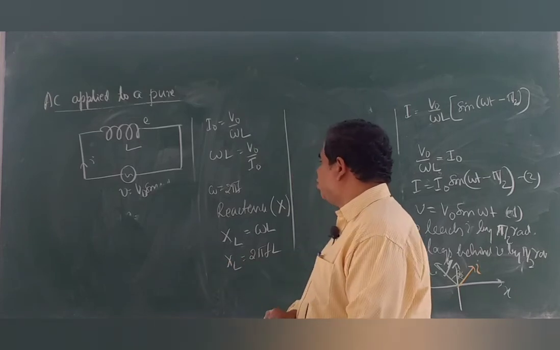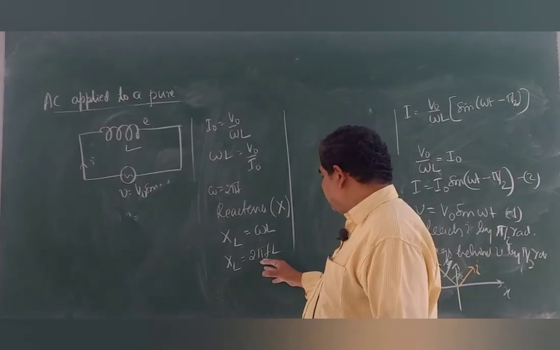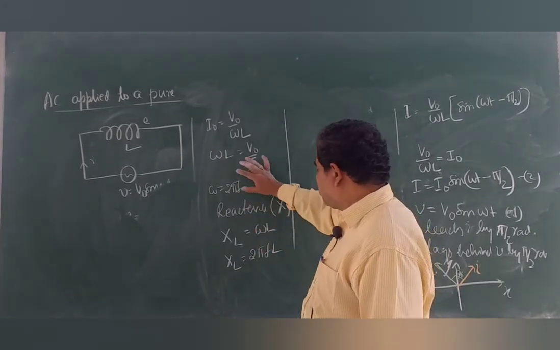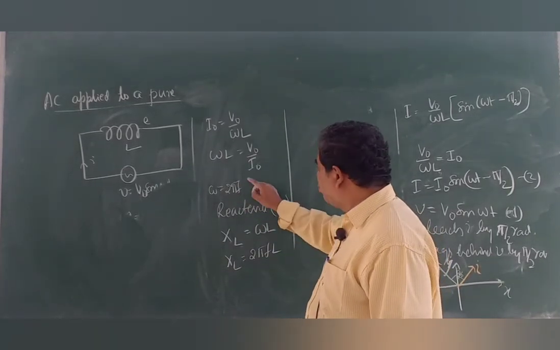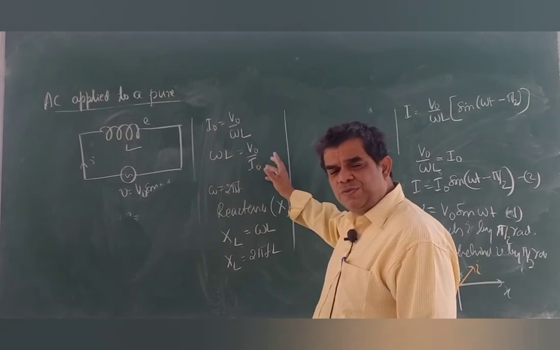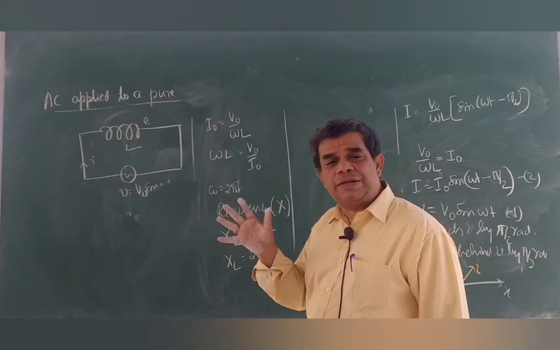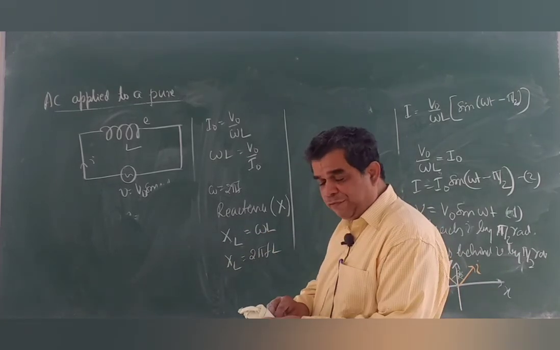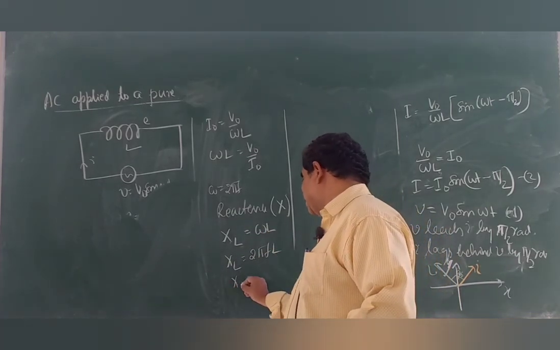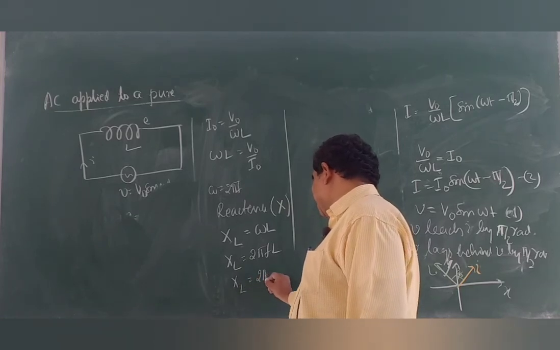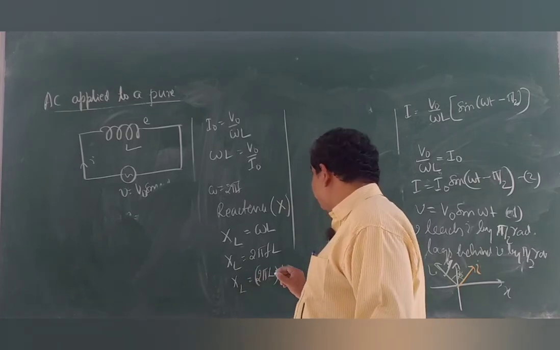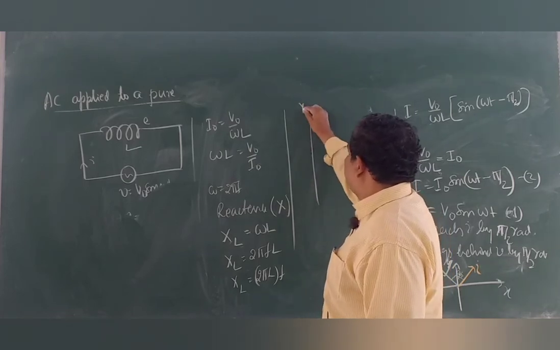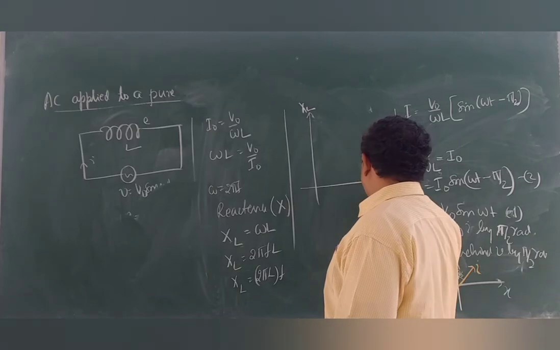Now, we go for the graphical representation of XL versus frequency. But before that, observe, what is the unit of reactance? It's also ohms because V naught by I naught is ohms only. But the only thing is, it depends on the frequency. That's why you call it reactance. XL equals 2 pi f L. To write it as a graph, I take it like this, 2 pi L into f. I want to draw a graph of XL, inductive reactance, versus frequency.